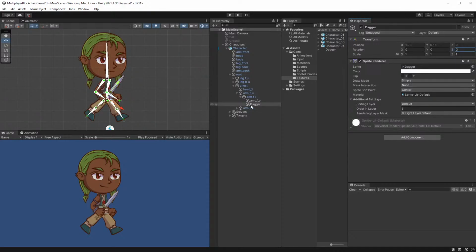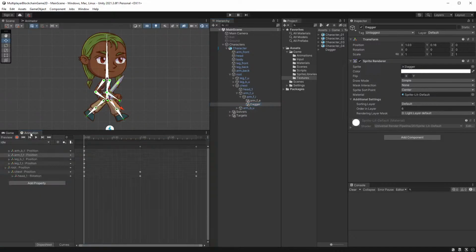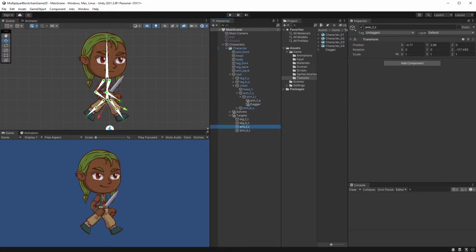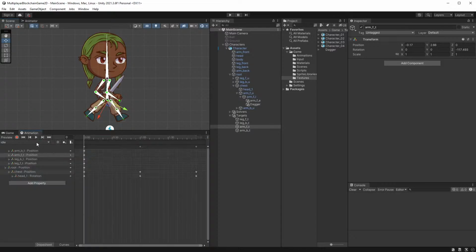Right, let's get on with our attack animation then. So let me save the scene. Let's click on animation. Actually, before that, let's just have a look and see what it looks like if we move our hand around, just so you get a sense of what we can do. Look, you see we've got this dagger in our hand and we can move it around like that, which is pretty cool. Let me undo that. Right, back to animation,